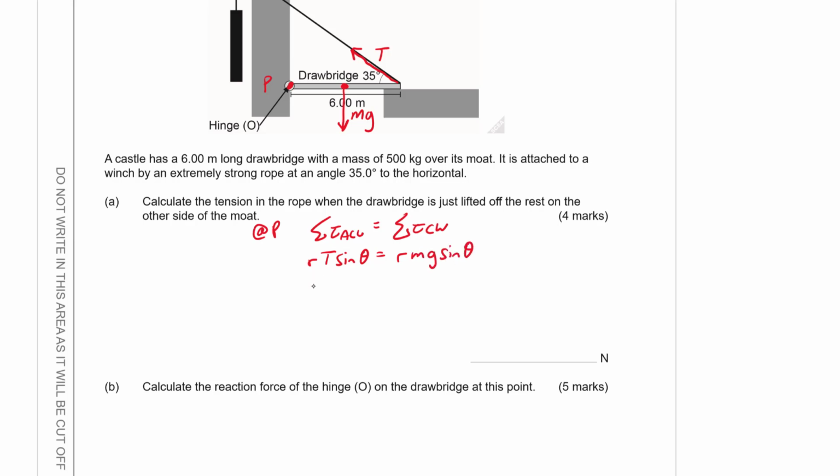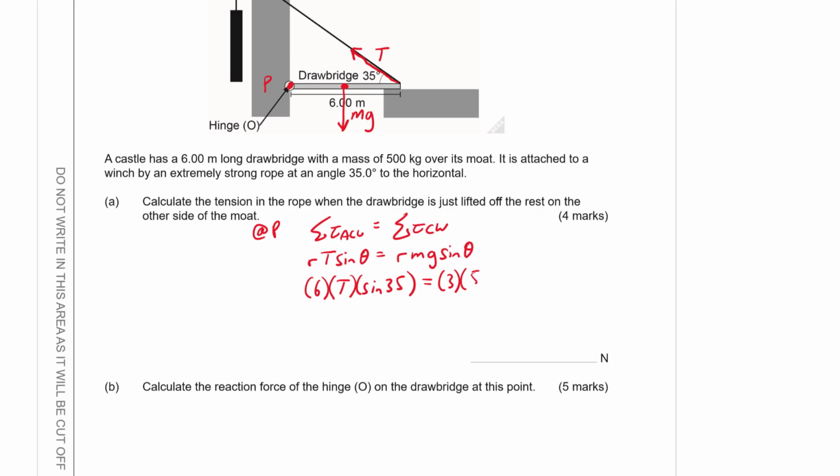If we go through that again, r for the tension is going to be 6, and T sin theta is going to be T sin 35, and that's going to be equal to 3, because it's acting halfway along,